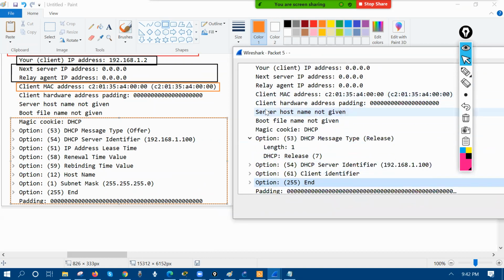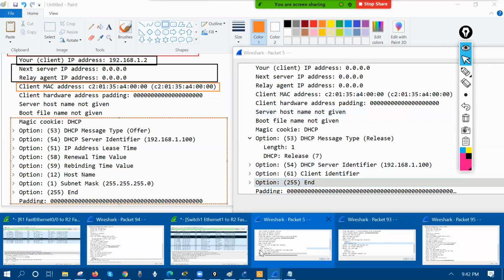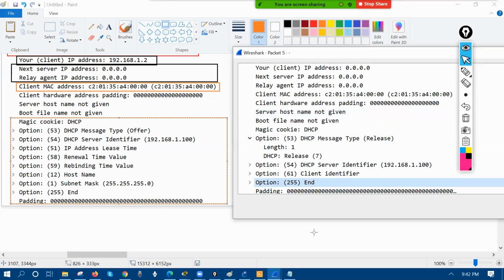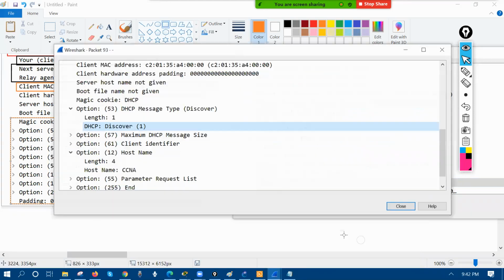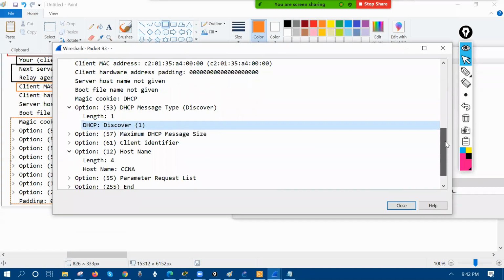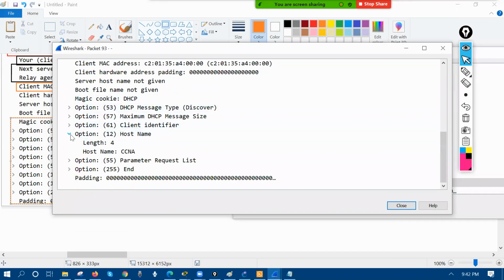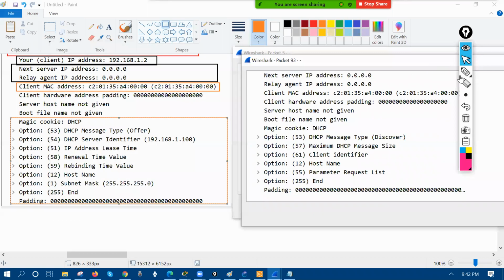If you see the Discover packet, in the Discover packet we have this option field, right? In the offer packet, what happened? We have this option field. Again, I am telling you, the option field is just having extra information. The DHCP cookie